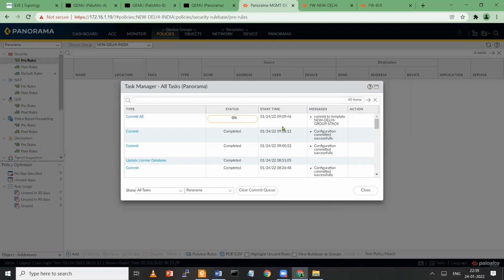Once your commit gets finished, then we can start other tasks. If anything goes wrong, the commit gets failed.